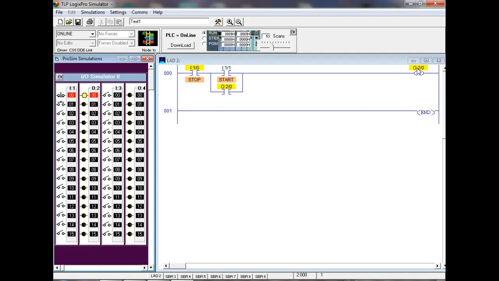So that means for a stop button, we have to use an examine if closed, which is a big difference from motor control. Because in motor control, I would use a normally closed push button. But then you get in here, and the guy in the book does the same way. He'll use a normally closed symbol, he'll use the examine if open for a stop button. We have to be really, really careful with that when you go back in this book,